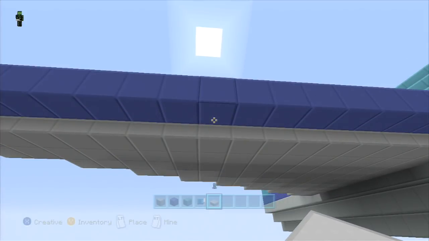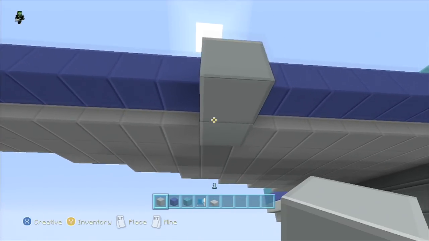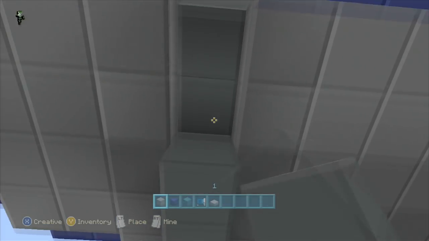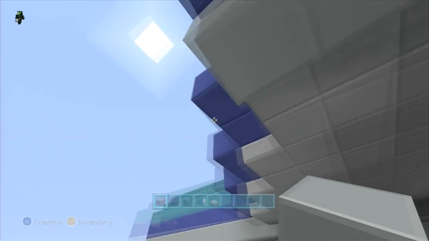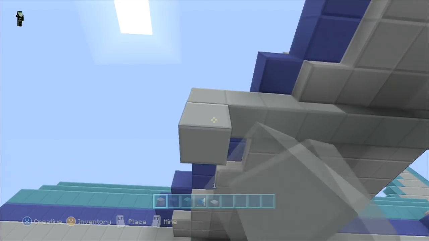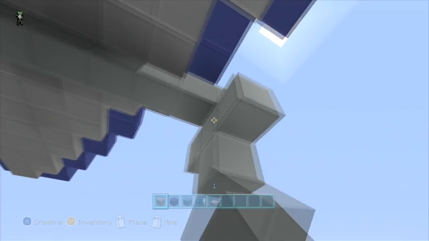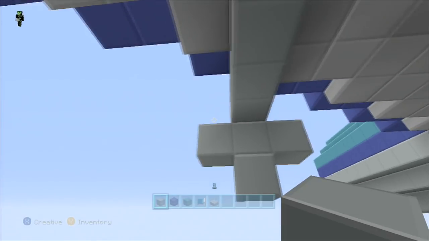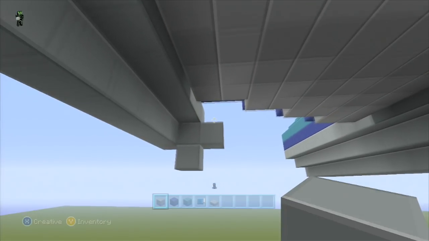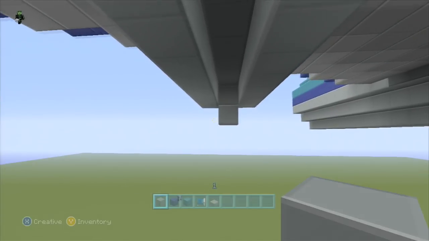Okay, and you want to go back to the light gray wool, and you want to put it where it's coming one off the back. You want to go right down the road, getting rid of the slabs there. You want it 2 coming out of the front here, and you're going to come down. You're basically going to bring this all the way back. Looks kind of like a rock. I'm just making like the engine here on the side because you're going to need these to fly the plane. This is definitely a twin engine.